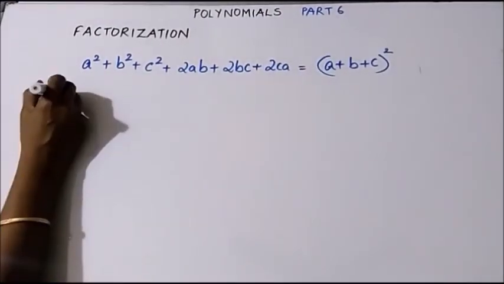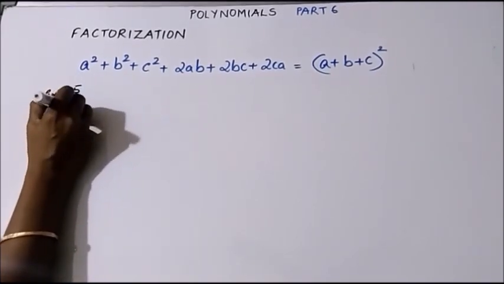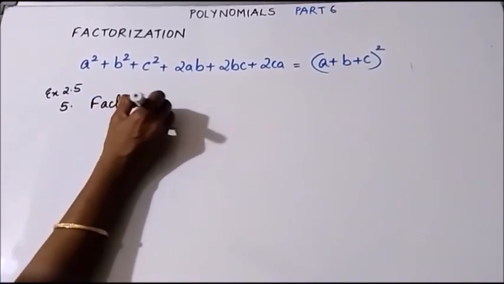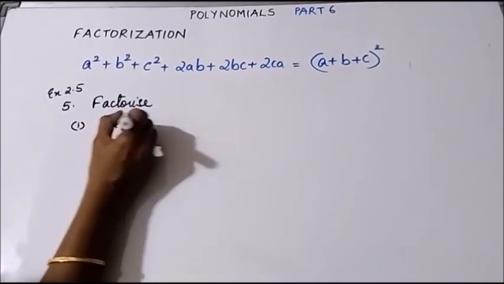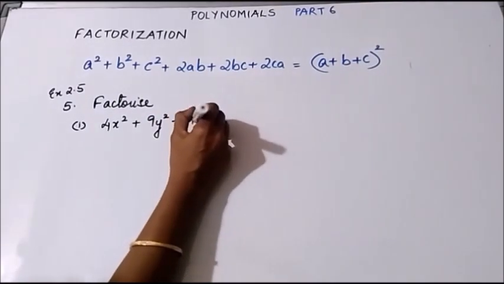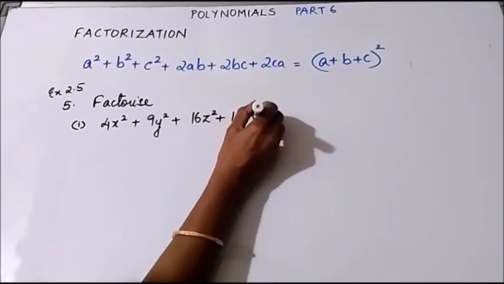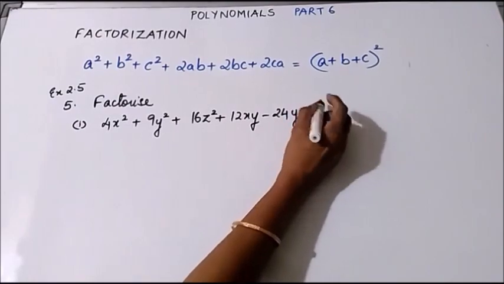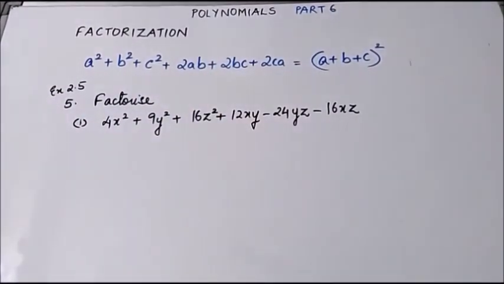Using the given identity, let us do in exercise 2.5 the fifth question, that is factorize. The first question is 4x square plus 9y square plus 16z square plus 12xy minus 24yz minus 16xz. Okay, this can be written as